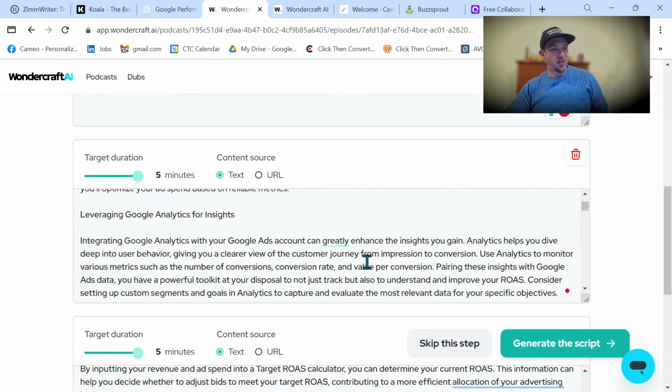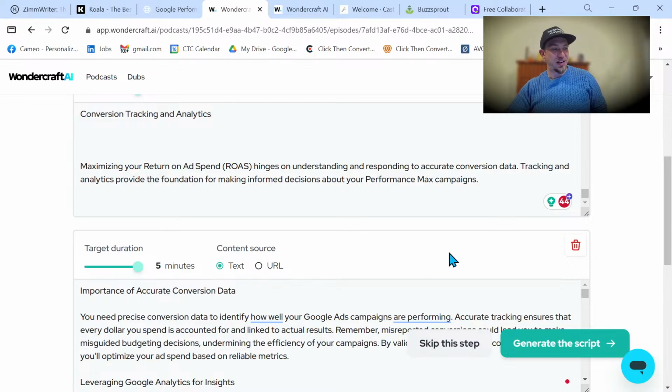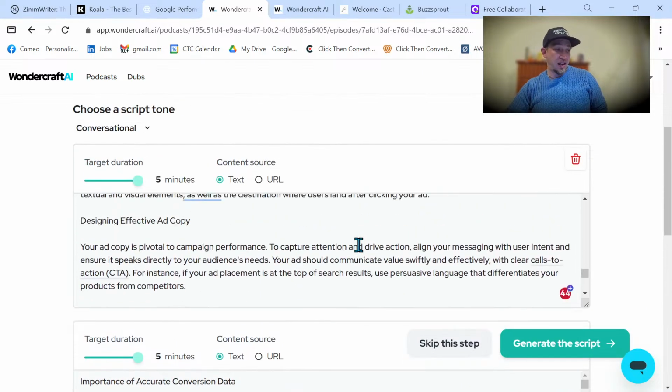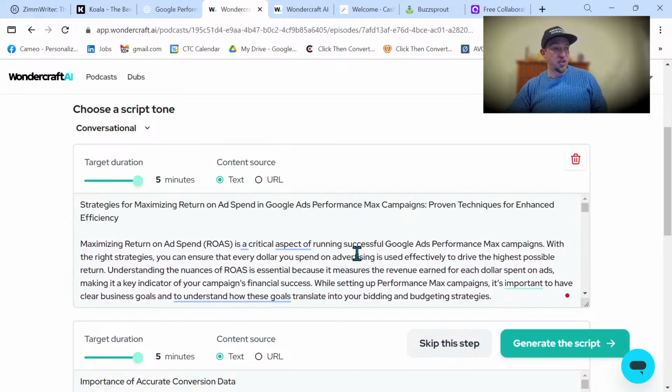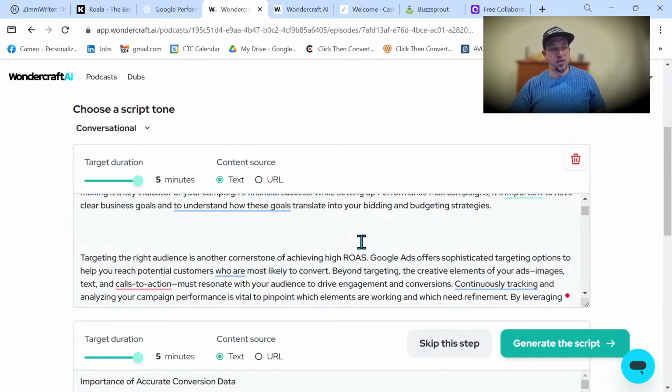We can also use URLs for the content. That's new. And kind of incredible because we can just drop URLs in here now and it'll make a podcast for us. So we don't even need this part of the content waterfall now. It can just do it for us. We can take it from our competitor's site. But I highly suggest you get your creative juices flowing and you use ChatGPT and the topical authority generator, and then you use Koala and write this. If you don't want a blog post though, you can skip ahead to this part.